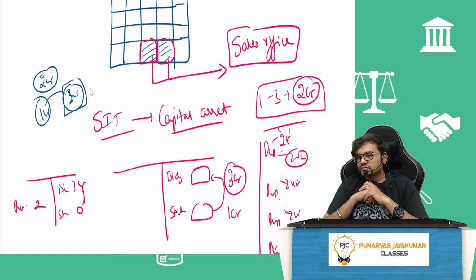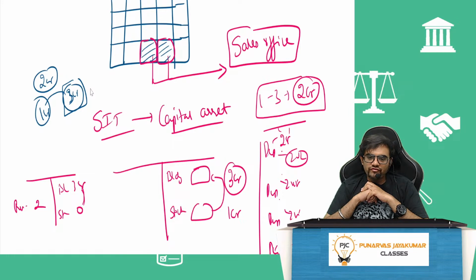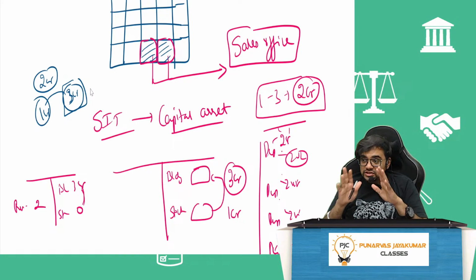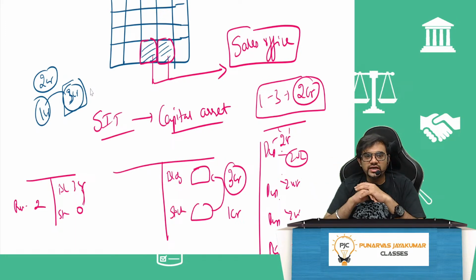3 crore. So the lawmaker has told that when the stock in trade is converted to capital asset, on the day it is converted, you should write the fair market value as on the date of conversion as PGBP. But is it the actual PGBP? No. 3 minus 1, 2 crore is the actual profit. But what should be credited to the P&L account? 3 crore. And now you will take that 3 crore as an asset in the balance sheet. It's a capital asset, no? So directly you will take it in the block of assets. How much? 3 crore. You take the FMV because you have already paid tax on that.